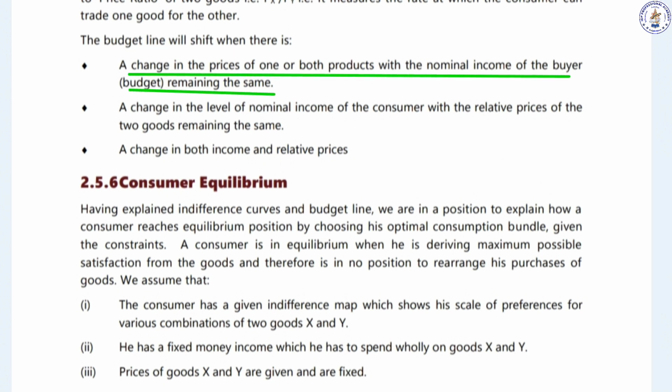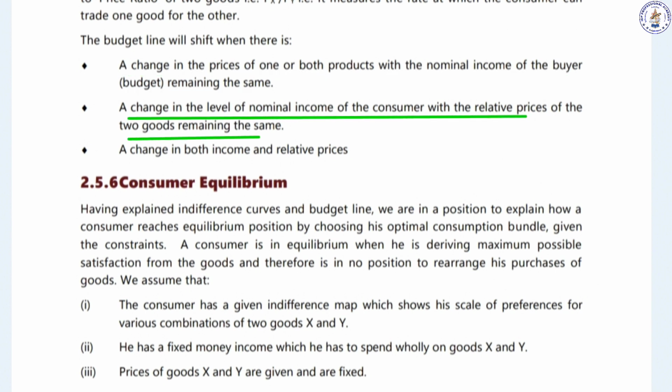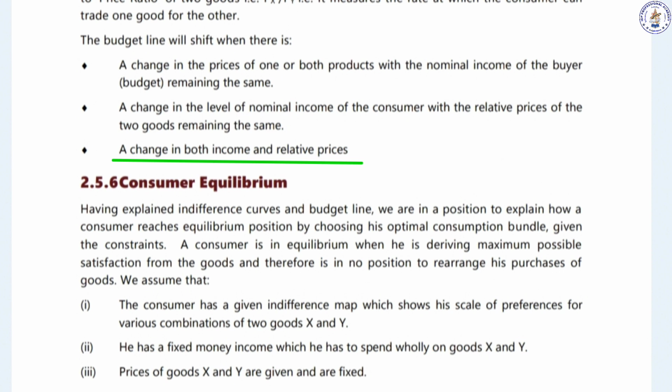So the budget line can be shifted under three conditions. First, if there is a change in the price of both the products, with his income level remaining the same and the budget allocation remaining the same, the budget line can move. Or in the second case, when his nominal income increases and the prices of the goods remain the same, his budget line can have a shift. Or in the third case, if there is a change in both his income and in his relative prices, then there will be a shift. Otherwise, with the given income, the budget line stands to be